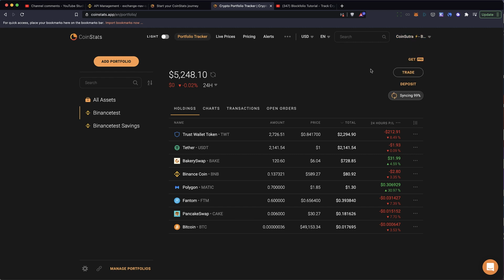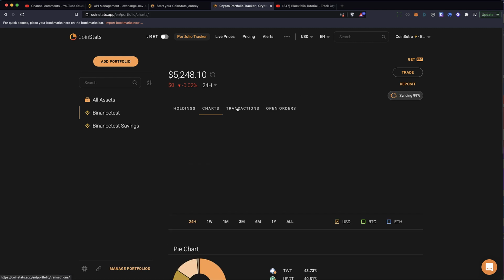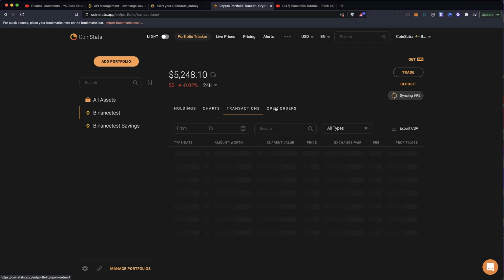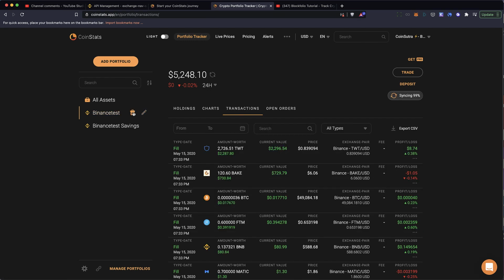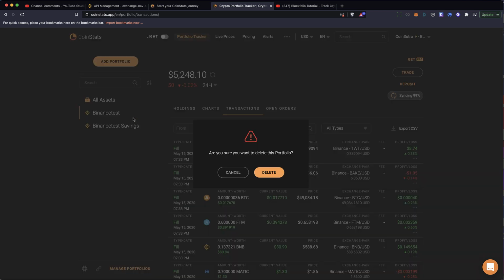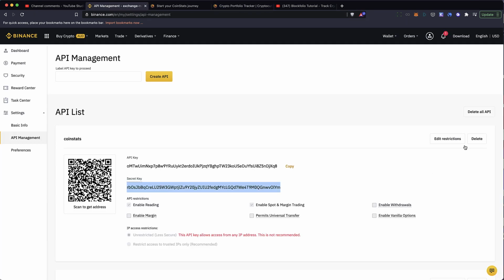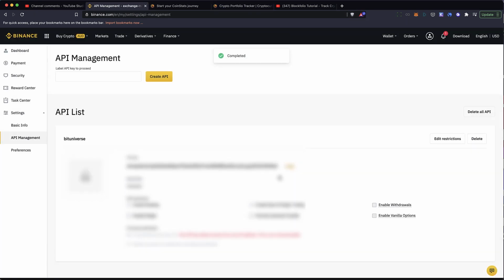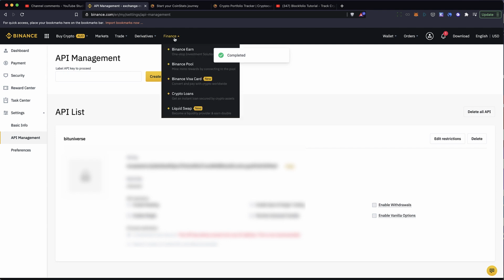Now definitely it requires a pro account for multiple exchange connections, but I think the link I've given you is a referral link, and if you use that link, you'll be able to use their pro account for free for a few months, which will help you get an idea of how CoinStats works. And pretty much that's it. I'll let you explore this platform on your own, but this is how you add an exchange. You can always delete an exchange if you like by clicking on the delete button, which is what I'm going to do. And I'm also going to delete the API management key here, and that's it. The API key is deleted.